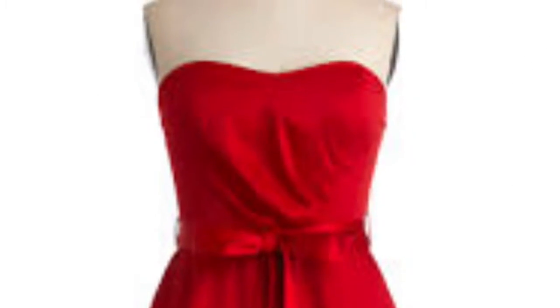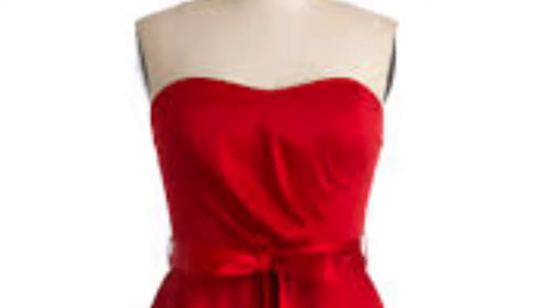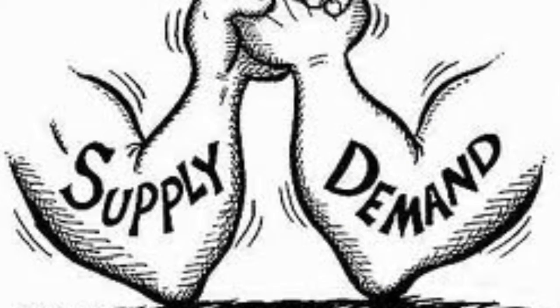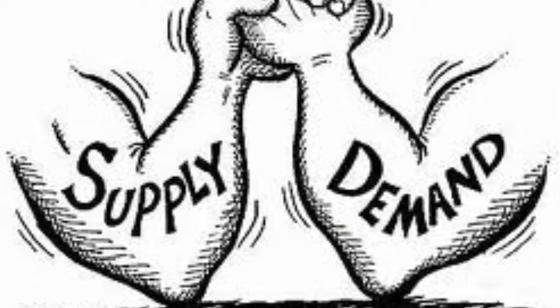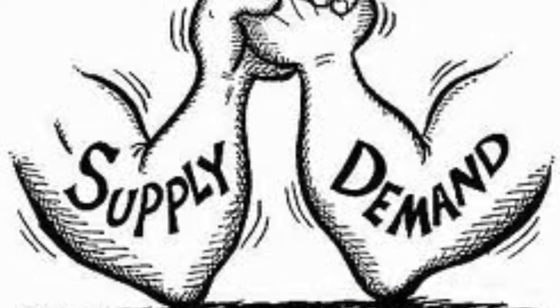Think of it this way. You're a dress shop owner and you own 3 different colored dresses, red, white, and blue. The red you can barely keep on the shelves. White is selling at a steady pace, but the blues are barely selling. Well, in this supply and demand economy, you would buy lots more of the red dress, a few of the white, and barely any blue.